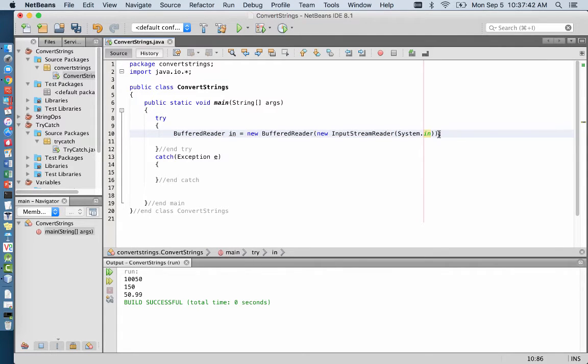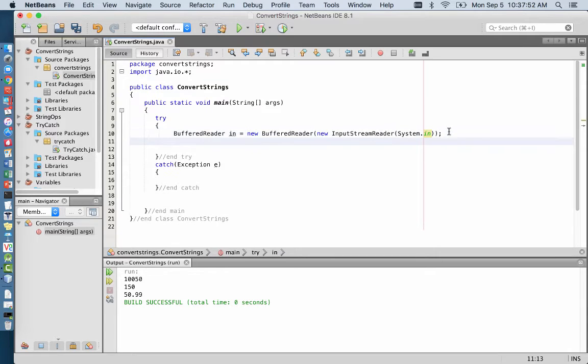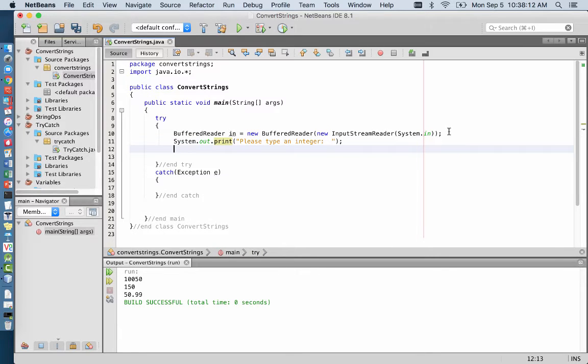Right? And this is going to give us the ability, as in our previous video, we don't care how this works, just that it works. But this is going to give us the ability to get input from the user, right? So suppose I want to get an integer from the user because I want to add two numbers. First I have to tell the user what I want, right? Print. Please type an integer. All right. The next thing I need to do is save whatever the user types, right? So we'll say int number1 equals